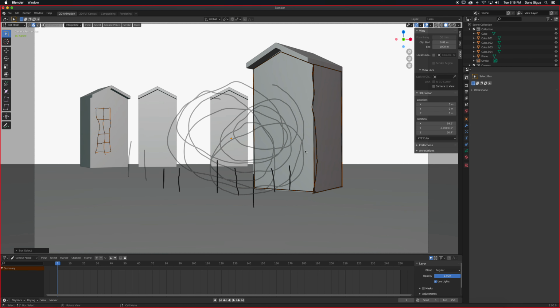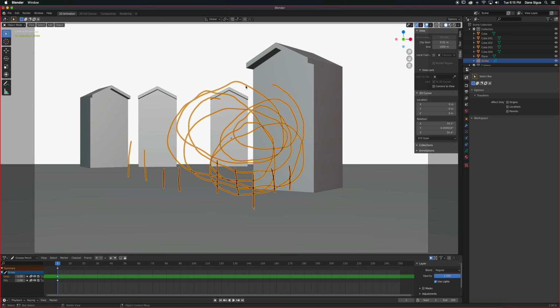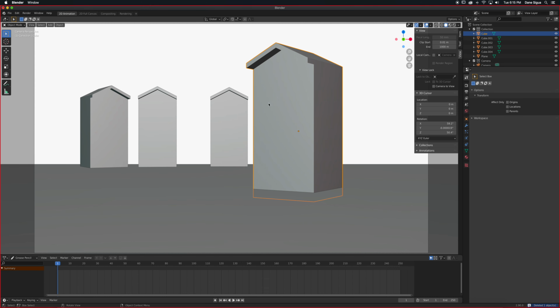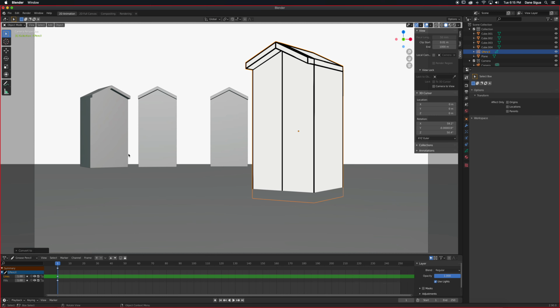All right, but in 2.9 they added this really awesome thing. I'm going to delete those. All right, where you can convert, I'm going to go object mode here, a 3D object into grease pencil lines. So let's start with this one. Let's get rid of this one, it's just getting in the way. All right, I'm going to start with this, and keep in mind whatever lines or edges you made in your modeling will be part of the grease pencil. So you just have to select the object. When you go to object and convert, there's grease pencil from mesh. You can also do it with curves. So if I click here, mesh, there it is.